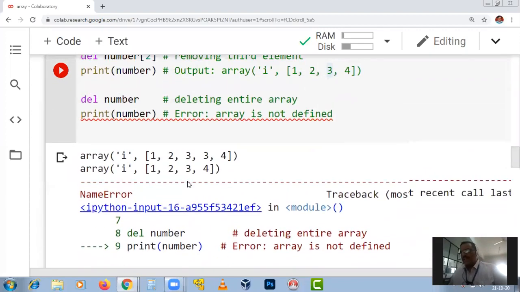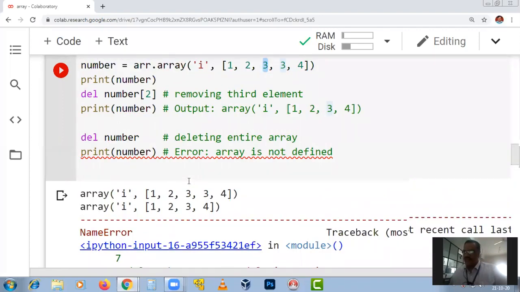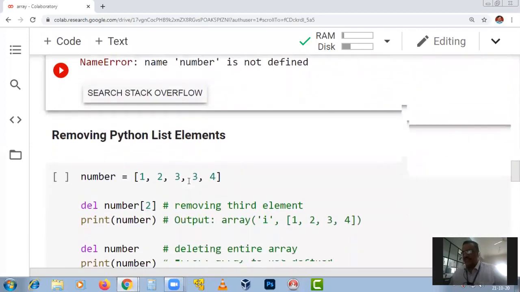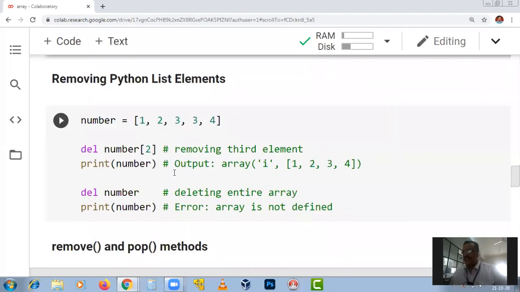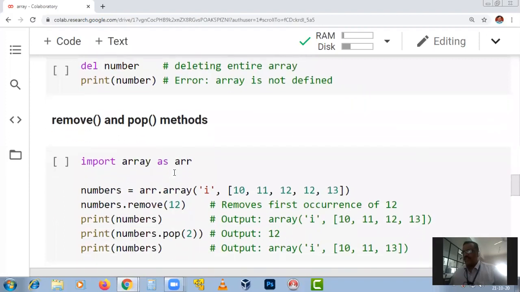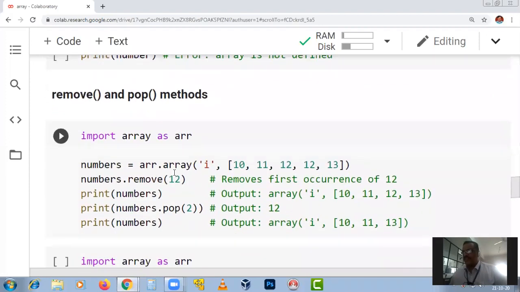So del is one way to remove elements. Another way is you have a function called remove. If you say remove 12, you need not give the index number.